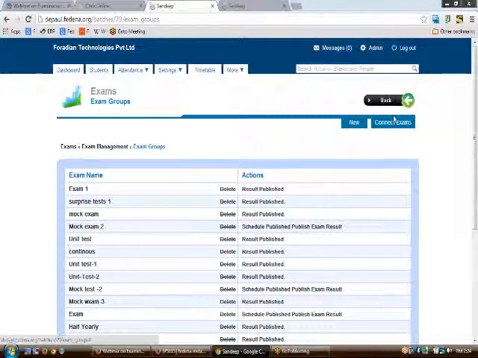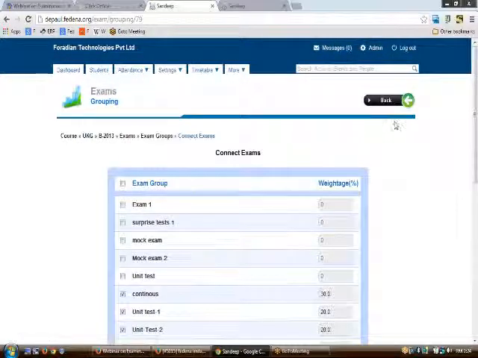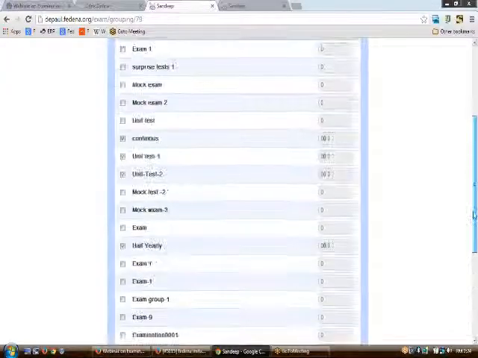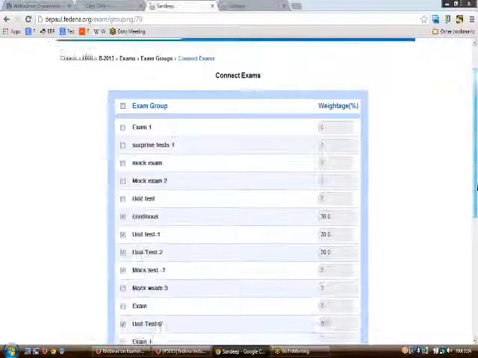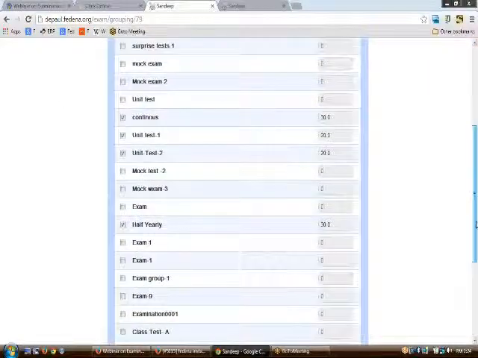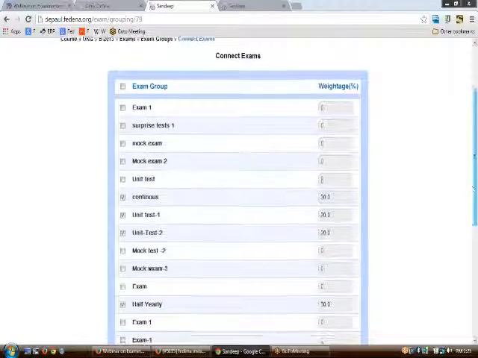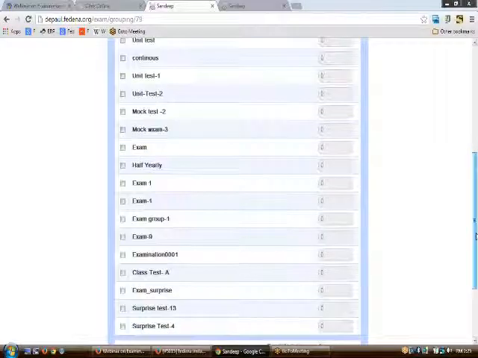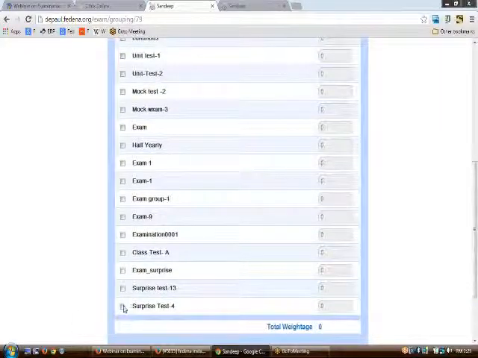Now at a later part, if you want to connect your exams, let us say that in your school, in a particular batch, you have a weightage for each of the exam groups. So let us say Surprise Test 1 has a weightage of 100%, or the one that we created has some weightage, so you can just put it as 100, and this would be the only one considered for the marks.